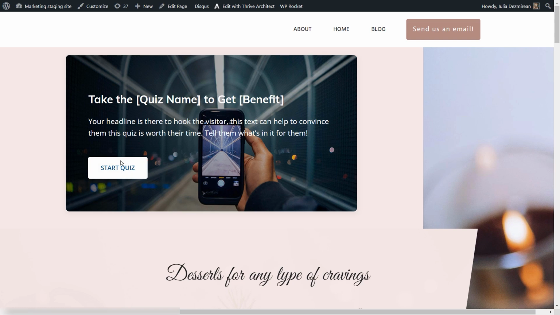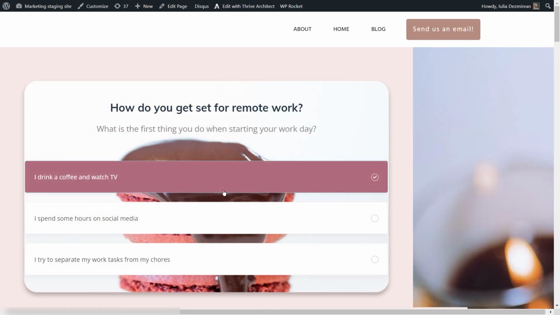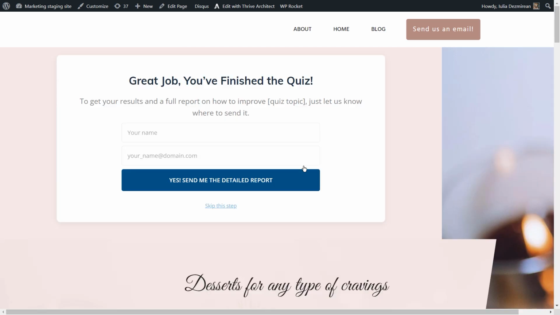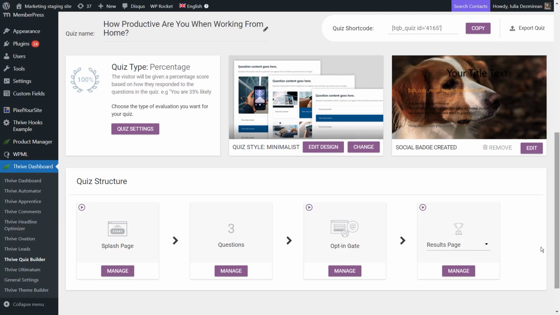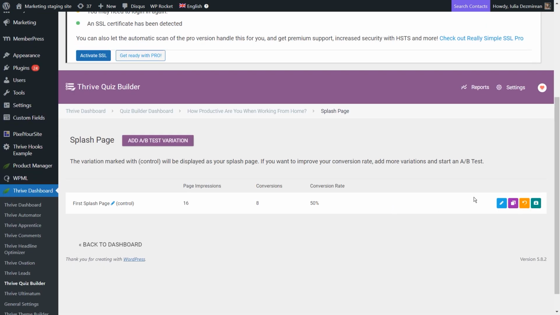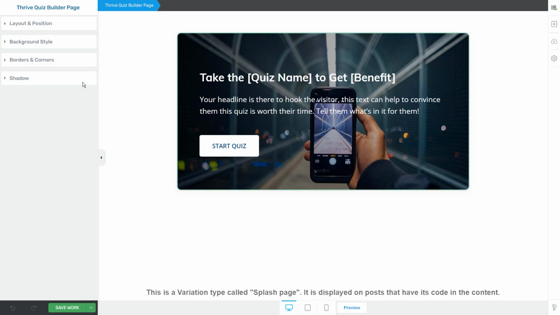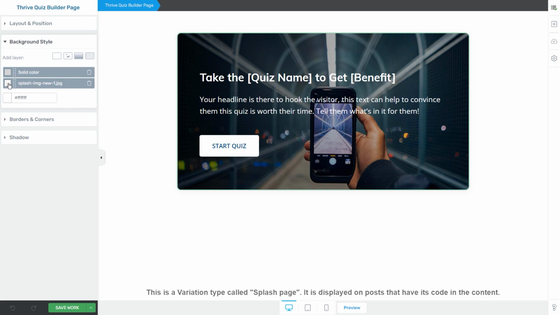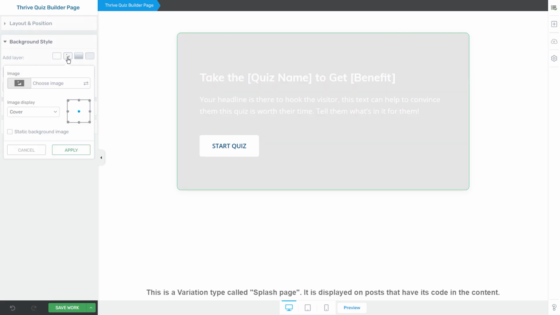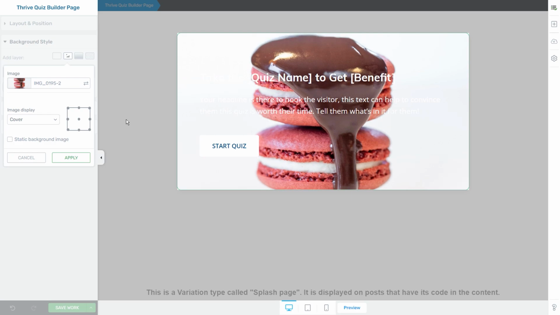And this is because for the splash page as well as for the results page, and of course the opt-in gate in case you've added one, so you can see here, you will have to go in and edit them separately in case you want to match the colors or the background, for example, with the rest of the quiz style that you've just set up. And of course, to edit the splash page, the opt-in gate, or the results page, all you have to do is click on Manage and access each of these pages by clicking on Edit Design, which will again open the Thrive editor. And for example, if you would want to change the background, you can simply delete the default image and add in your own, just in case you would want to have it match the rest of the